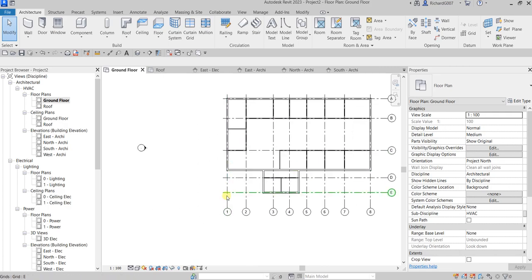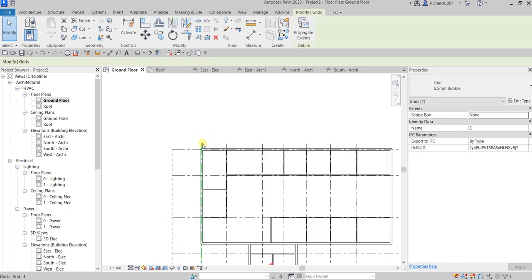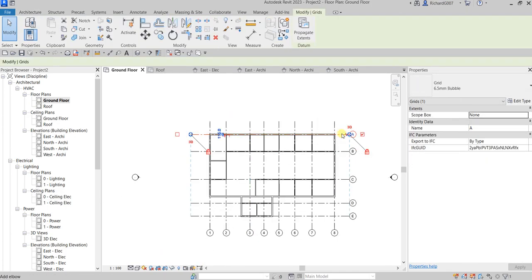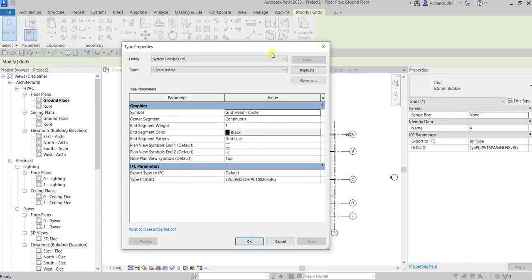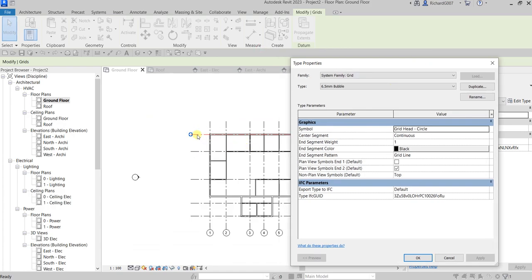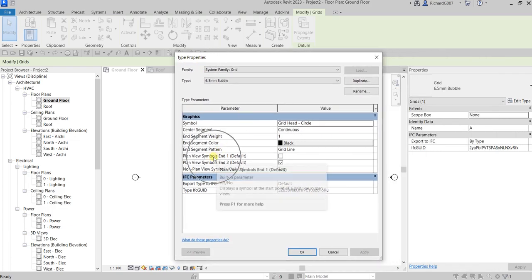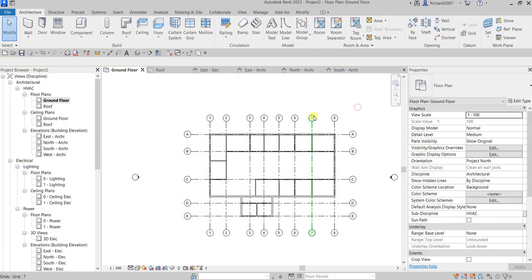And another thing, let me just click this. Maybe I'll just adjust it like this. Okay, I'm gonna click one of the grids and then I'm going to select edit type. You see, instead of clicking one by one the endpoint and then clicking the box to show the grid bubble, you can just go to the type properties and then just tick this. Okay, plan view symbols both check, and then select OK,